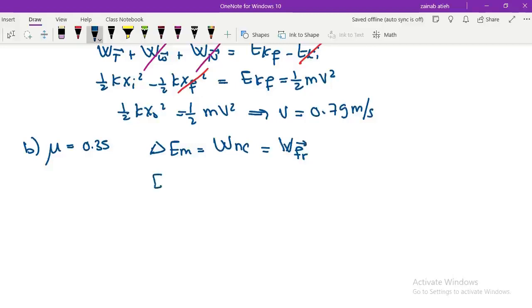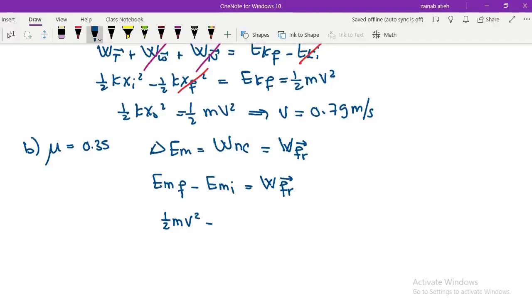Delta E mechanical, final minus initial, equals the work of friction. Now E mechanical final: we agreed that in the final state I only have kinetic energy, nothing else. So I will directly substitute. Finally I have no elastic and no EPG, I only have kinetic. So it's half mv squared minus the initial, which was stretched and released from rest, so there was no EK and no EPG, I only had the elastic potential energy,